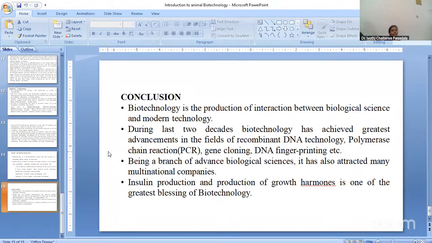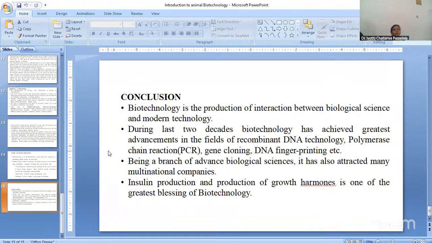Now the hybrid cells, like hybridoma. You people know about hybridoma technology, and those were being used for the production of monoclonal antibodies. Following are different